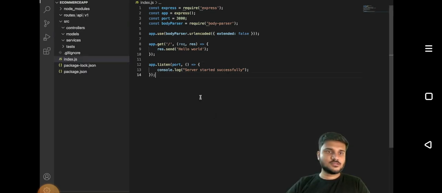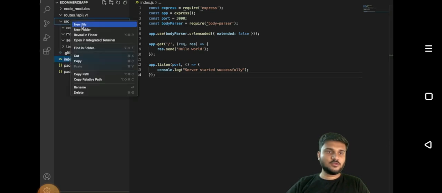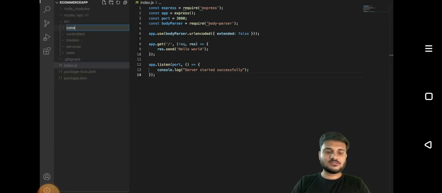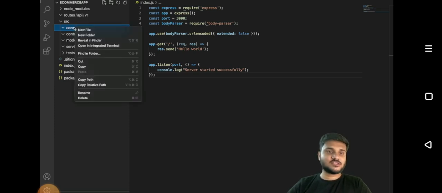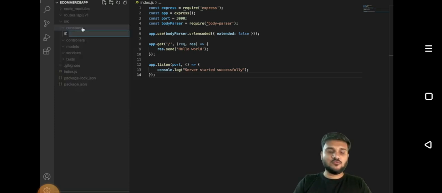And now what you have to do is come to the source folder and make a new folder named constants. What this constants folder is going to store is all the major constants that are going to be repeatedly used in our application. We have to use them repeatedly, but we don't have to write them again and again. We can store them somewhere and just directly fetch them from here. So we can make a new file, backend